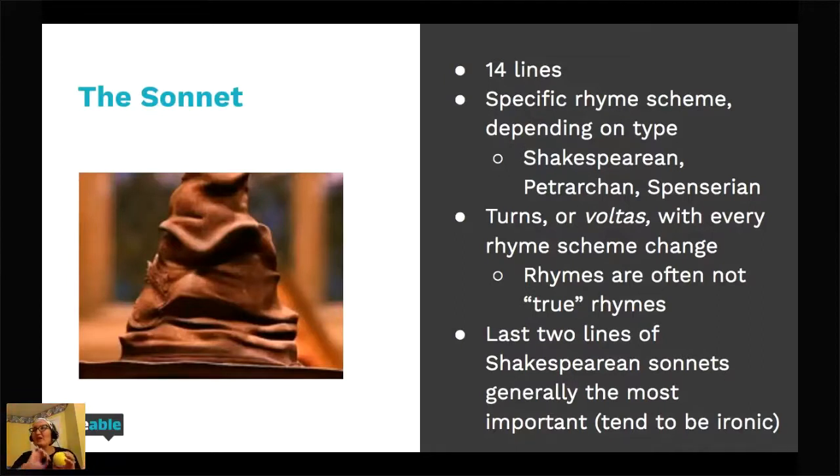It means it could have been written by Shakespeare, but it could also be written by somebody who was writing in the same rhyme scheme as Shakespeare. So it's not always Shakespeare. It can be modern. I've written a modern sonnet in Shakespearean rhyme, but it was not written in crazy Elizabethan English. So you may not see that.